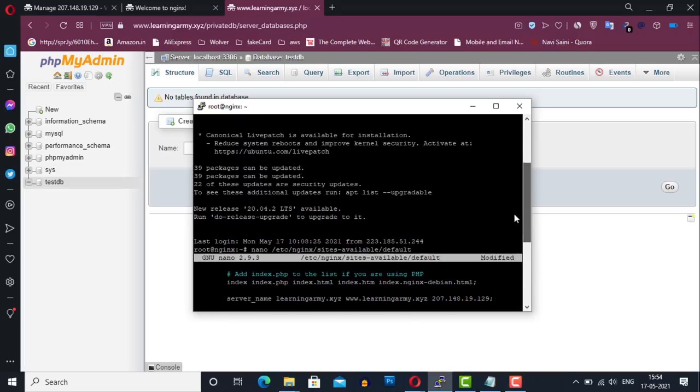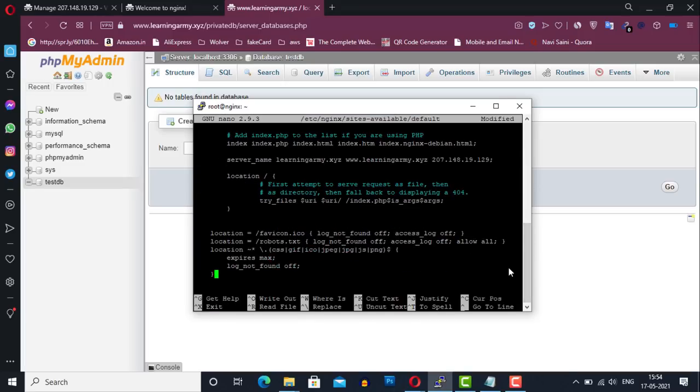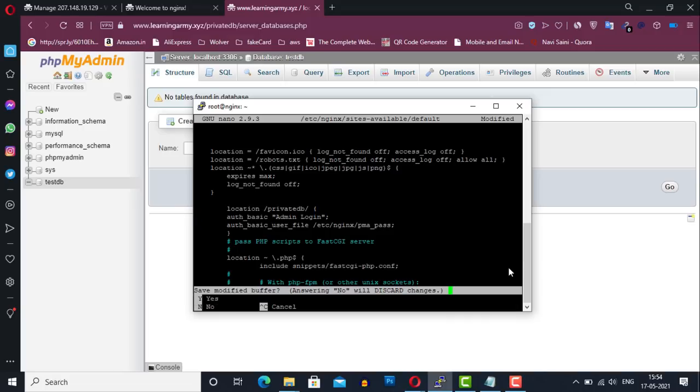So as you can see, we have three different types of location blocks, including the favicon.ico and robots.txt. Also we have this images location block to cache different types of image file formats. By doing this, we can save our server's resources. Now you can save this file.